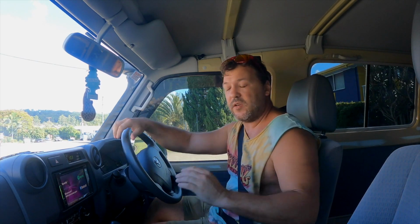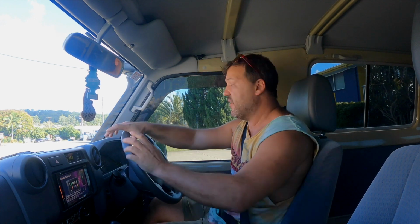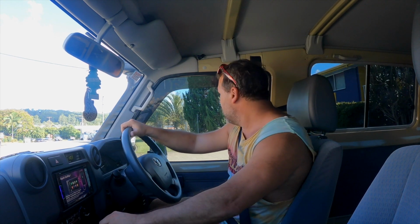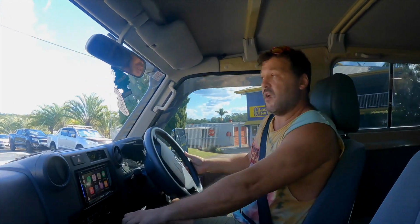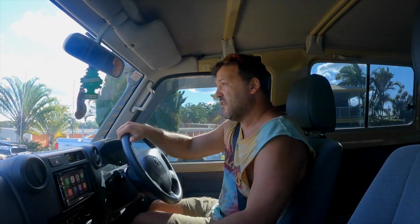Sounds like a plan. Now for the ultimate test. It already sounds so much better in here. It's still a big space, and it's a bit echoey. It doesn't have that boomy thunder that every Troopy in the universe has, straight off the bloody showroom floor. So let's see how we go. This is sounding heaps better. This sounds quieter than